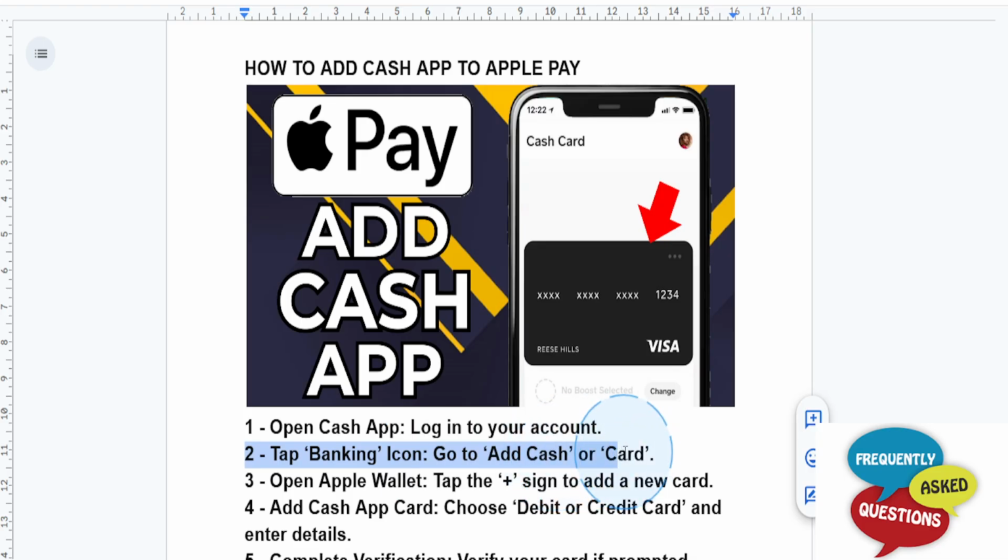So if you're adding your Cash App card to Apple Pay, this will bring you to your Cash App card details. Okay, you just want to make sure your Cash App card is actually activated and linked to your Cash App account. And if you haven't done that yet, guys, you want to follow the prompts to activate your card. Next one I need you to do, guys, I need you to open up the Apple Wallet app